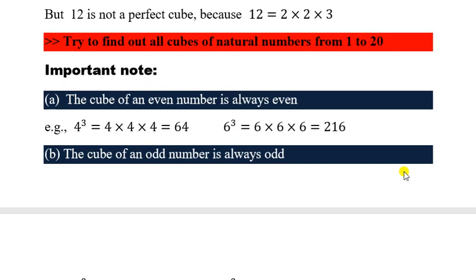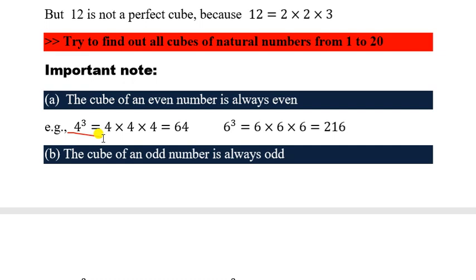Now next, some important notes for you. With the example I'll try to explain here. See here, the cube of any even number. You know about even numbers? Cube of any even number. That means you can take 2 also, 4 also, 6 also, 8 also, 10 also, 12 also, all even numbers. You will try to find out